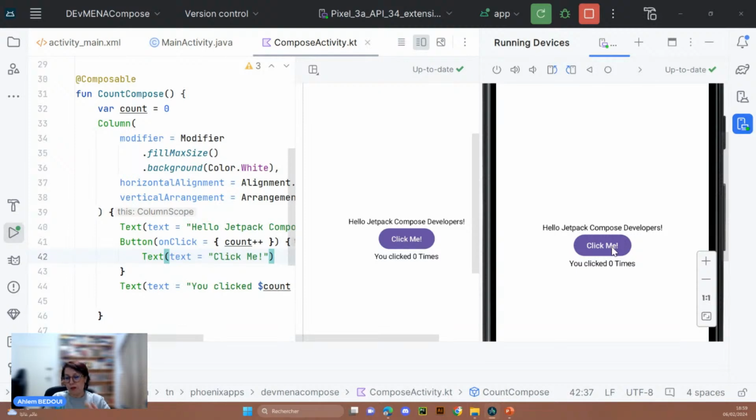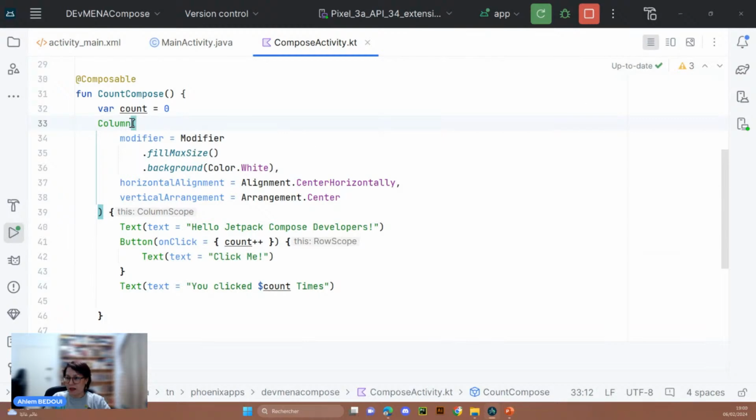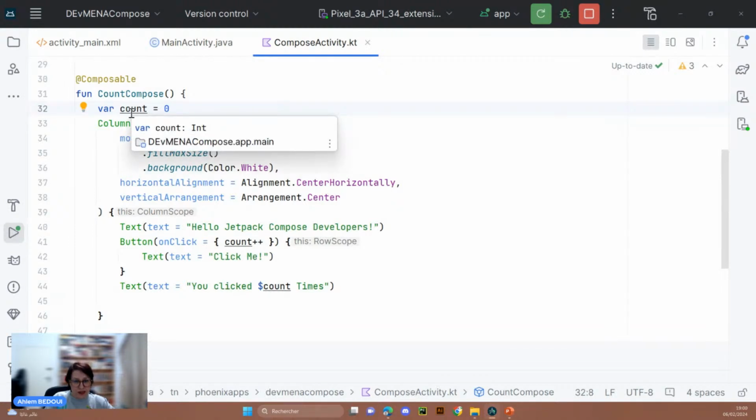Nothing happened because we have to tell that we are changing the state. This is what we call recomposition in Jetpack Compose. So we have to tell it that it has to remember the state of this count, and each time count is changing, we will update what we have in relation with this count. So to tell the compiler that we will remember the value of count, and it will be changeable with the interaction of the user,